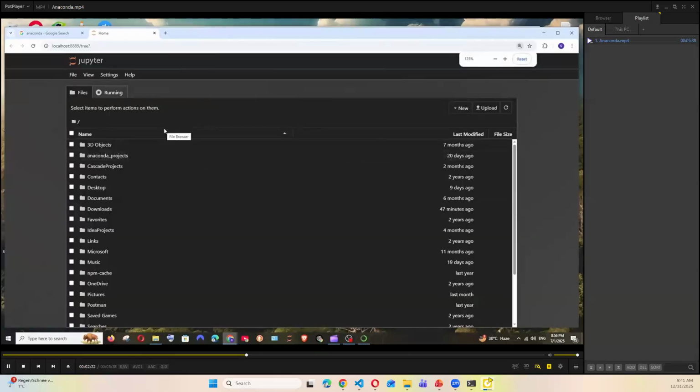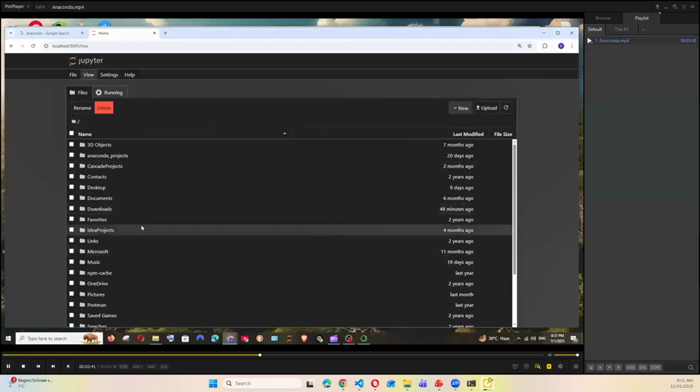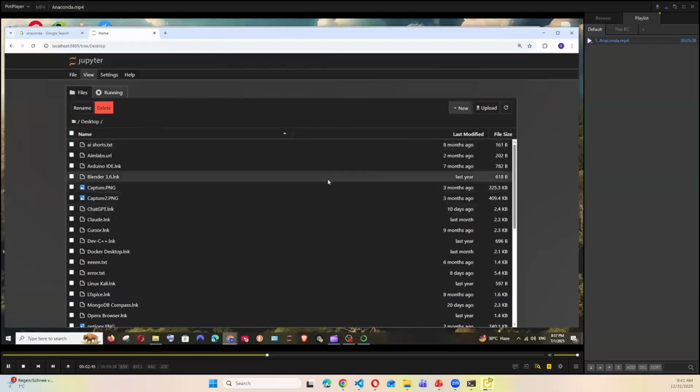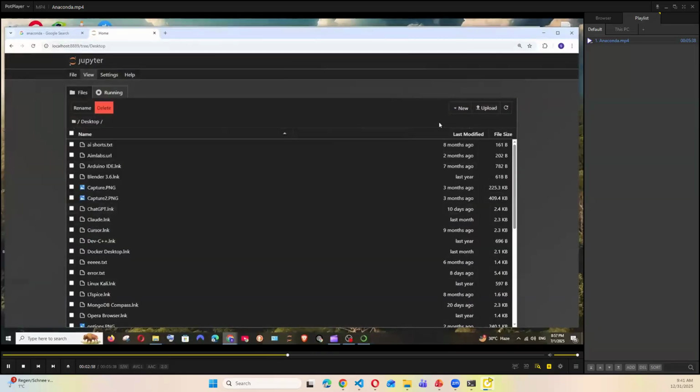So first thing, let's choose a folder. Let me just select desktop, and in case you want to go back, you can just click on this folder icon again. You can come back to the original folder view. So I'll just go to my desktop, and here I will just select new and Python. In case you want to upload any notebook file which you already have, you can select upload and just select the location where you have it. It will get automatically opened. In my case, we are going to create a new one. So I'll just select new, and it's going to be Python.